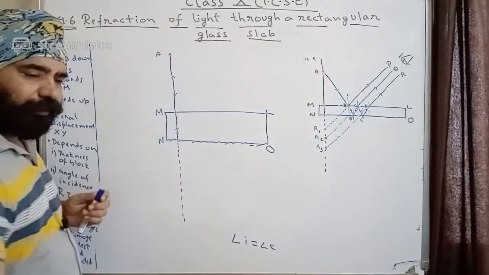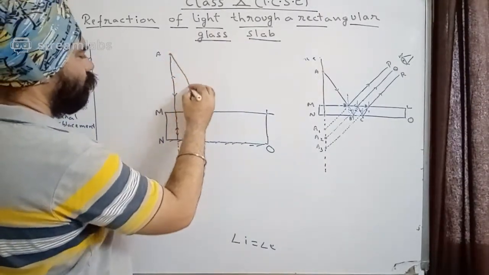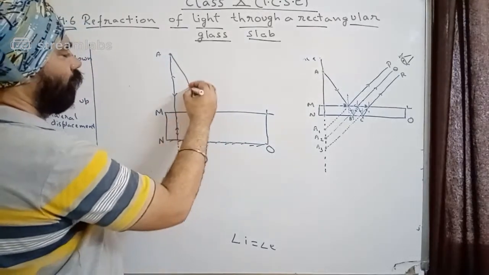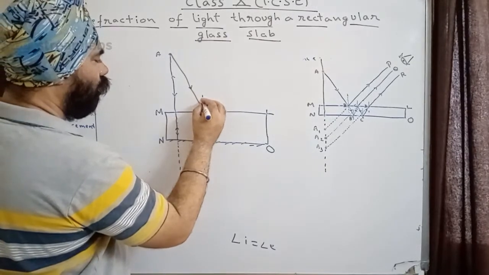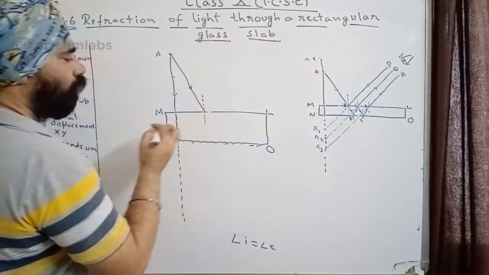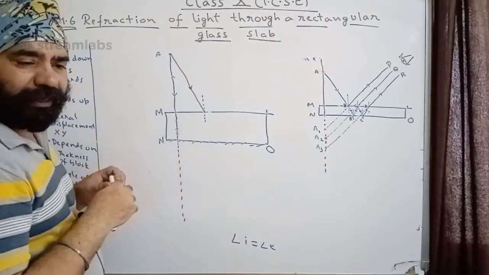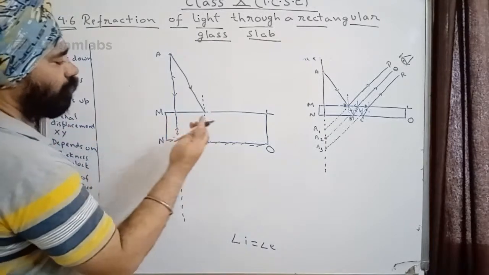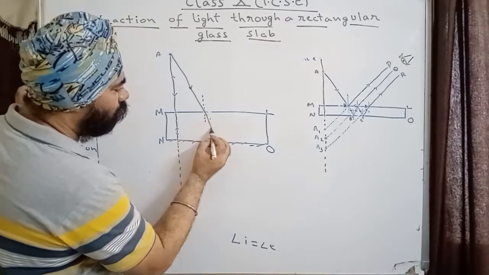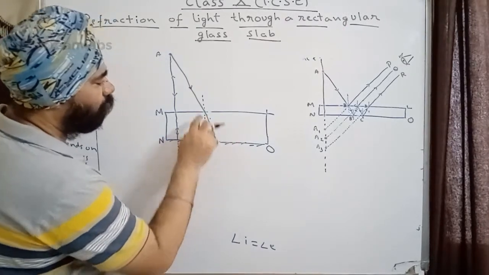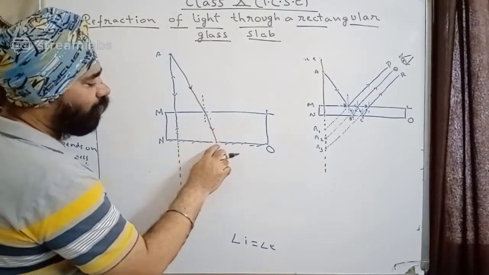The second ray I take at an angle, so it is incident like this at an angle. Wherever it strikes the first surface, I draw a normal to that surface, and what is going to happen to it? It is going from a rarer to a denser medium, which means that it should have gone like this, but it bends towards the normal, because it is going from an optically rarer to an optically denser medium. Now it strikes the